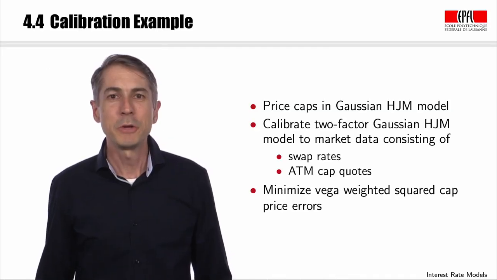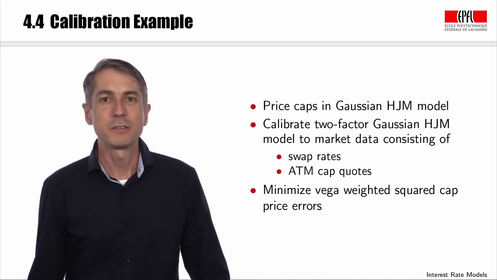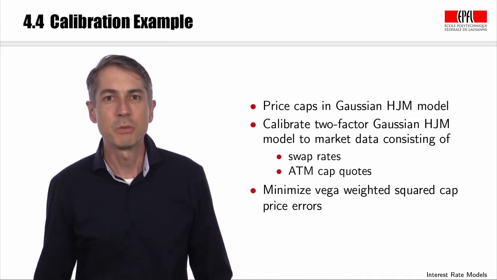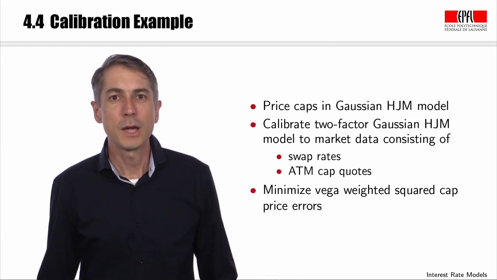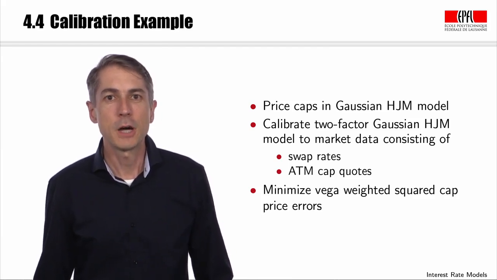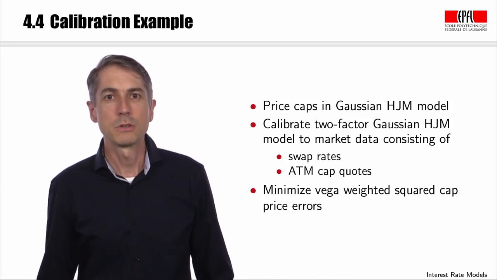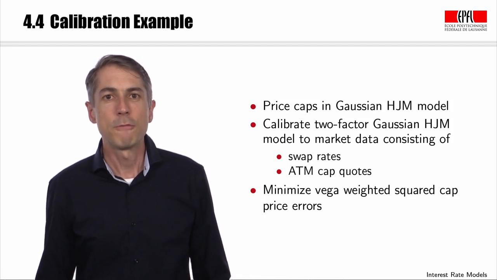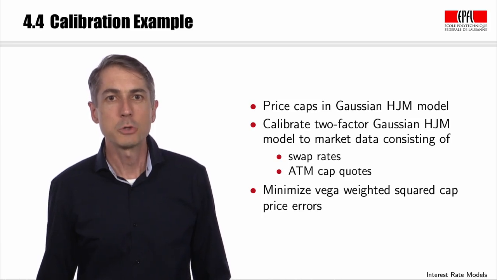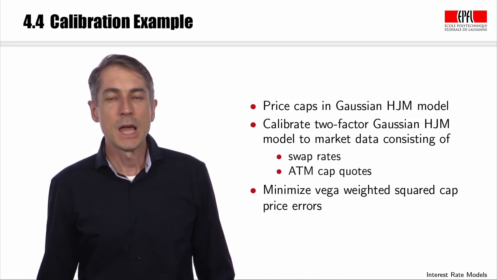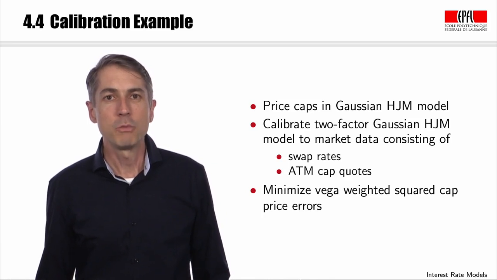We now have all the ingredients to calibrate an interest rate model to market data. More specifically, we calibrate a two-factor Gaussian HJM model to market data consisting of swap rates and at-the-money cap quotes. For that, we first derive pricing formulas for caps in Gaussian HJM models, and for the calibration we need the